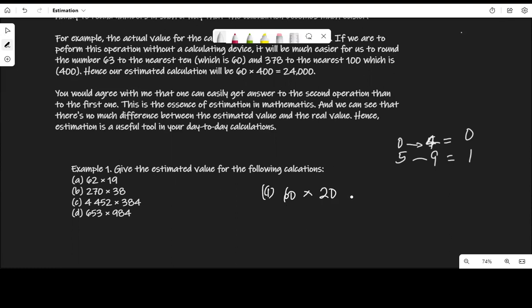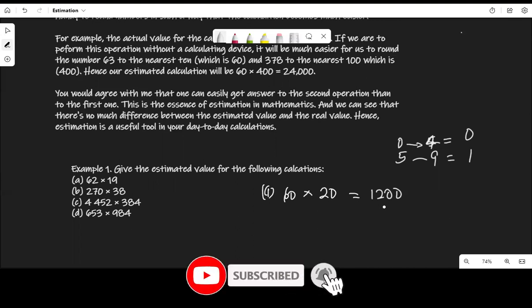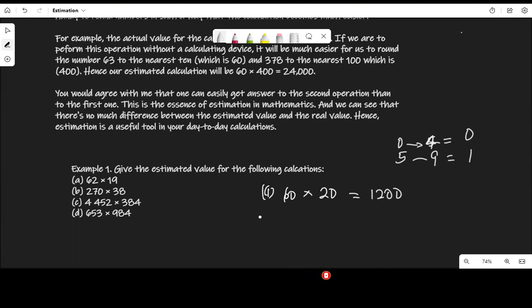60 multiplied by 20: 6 times 2 is 12, then put the 2 zeros behind it. 1,200. You see how easy it is to multiply this number without a calculating device. So that is the essence of using estimation. It makes the calculation much easier and faster. So the second one,